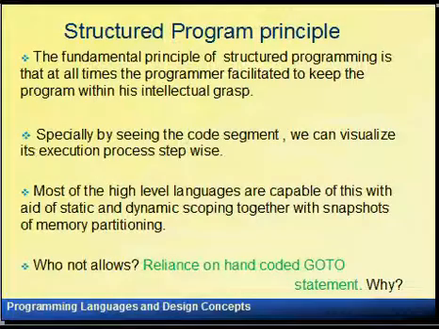So this is the structured programming principle. It simply says the visualization of the execution process. Most of the languages nowadays are created on these basics and principles. So what it should be is understandable. So the above principle is used to visualize the execution process. The concept